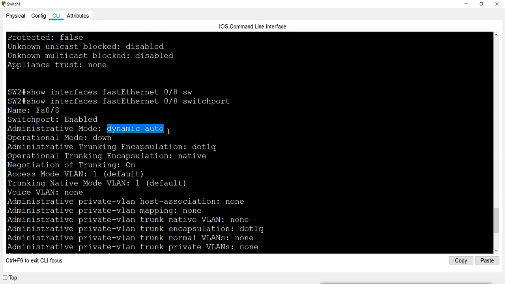It is in a dynamic state. Right now there is no operational mode because the port is not connected. If you connect it to a PC, then it will change to access, and if you connect it to another switch which is doing trunk, then it will convert into trunk automatically, because by default it is in auto mode.